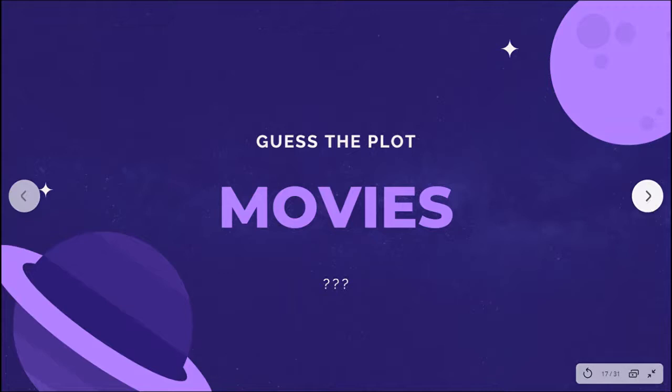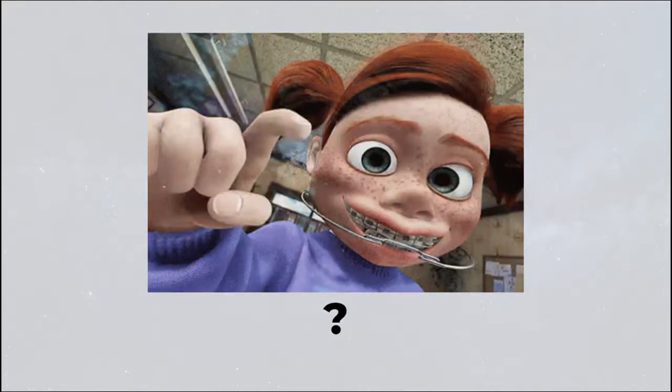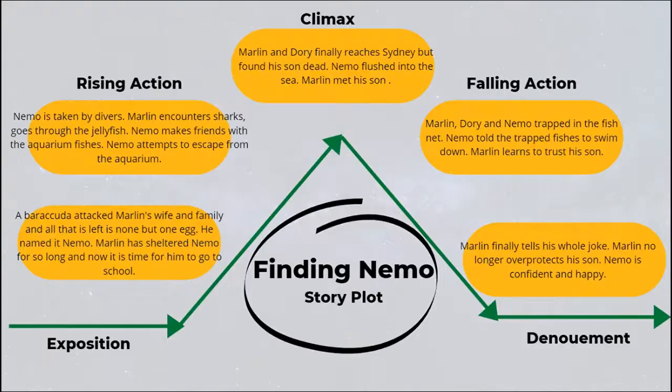So this is the presentation slide that I will show to the whole class, which is mainly to guide them on what is going to happen and how the activity will be conducted. The teacher will ask, when you look at this, you have recognized this movie. So what do you think happened in the movie? For example, what do you think happened in the climax of this movie? When the students respond with their answers, the teacher will discuss, oh yes, at the climax, this happens and this happens. And then this picture shows Nala, a character in Finding Nemo. And when the students recognize that this movie is called Finding Nemo,